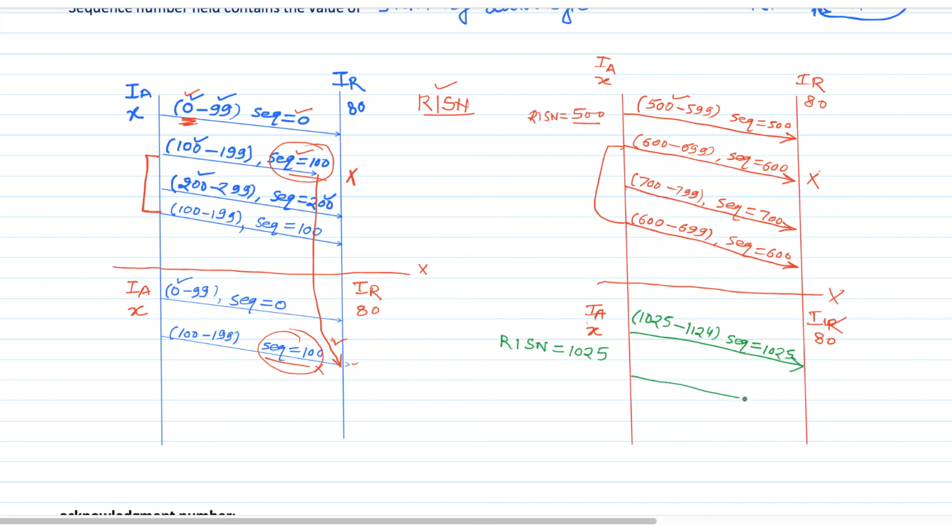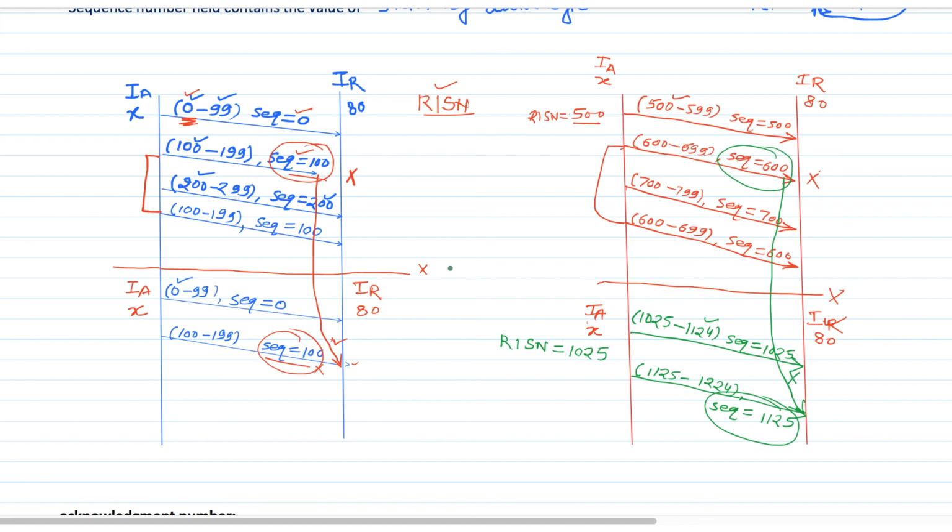The next 100 bytes will have the sequence numbers from 1125 to 1224, and the sequence number field for this data stream will have the value 1125. So now in case the earlier byte stream got delayed and appears in this connection, these two byte streams will have different sequence numbers. So this receiver will simply discard that byte stream.